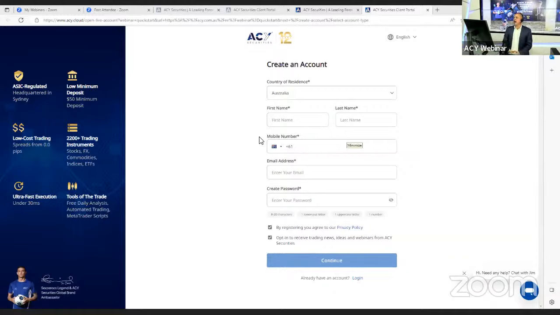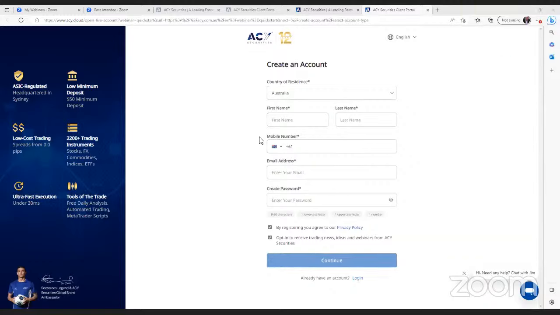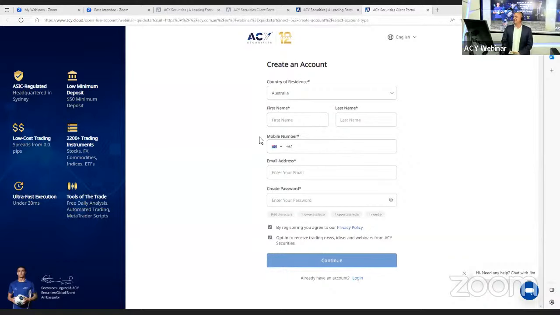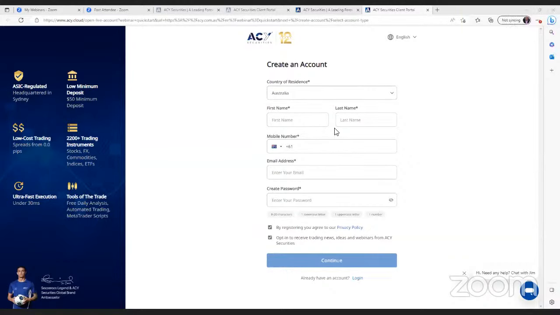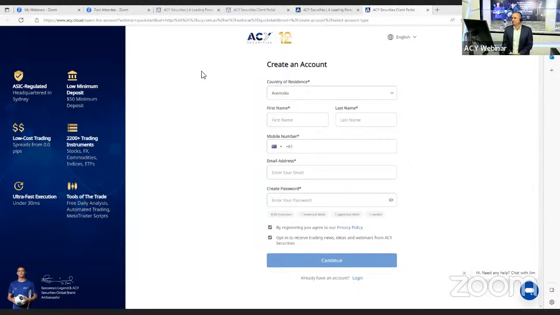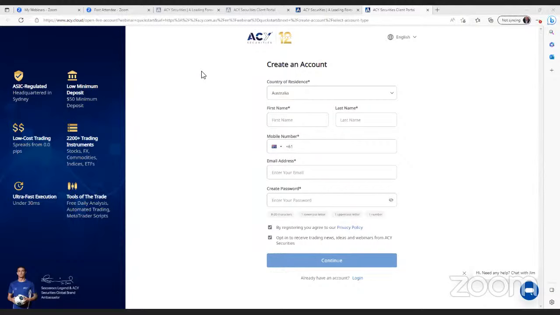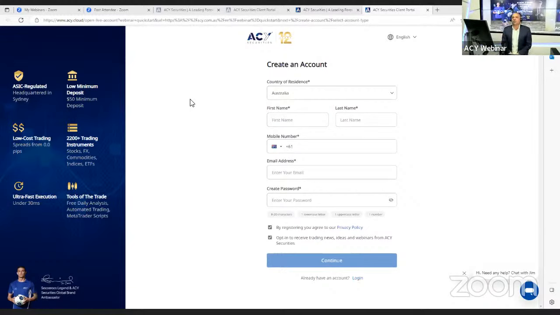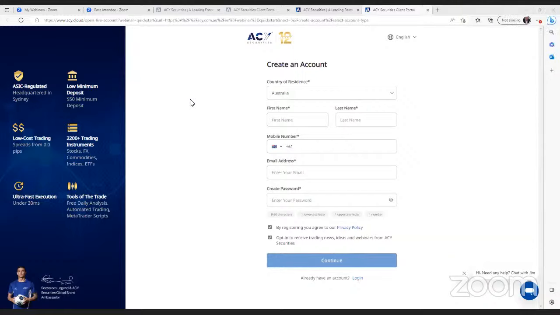All right, so if there aren't any other questions coming through that I can see about tonight, I've got a question, Nathan. Please, Duncan, give me a question. So just for everybody that's on tonight, if you're not asking a question at the moment, they may have a question later on. You were saying before, how do you access the chat at ACY? Because if people don't know how to access the chat, maybe you could just show them. Sure. When you log in to the client portal at ACY, there will be a giant chat bubble. So you just click on the chat bubble, and you can do it on our website as well. So feel free to have a look at that.